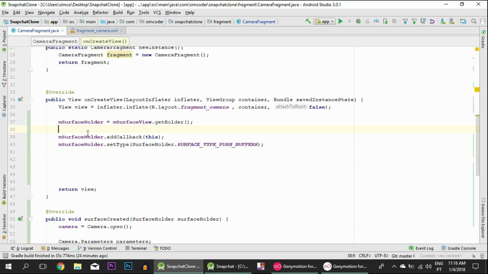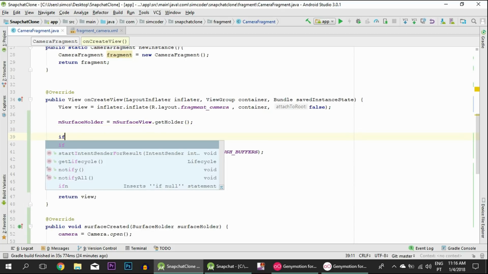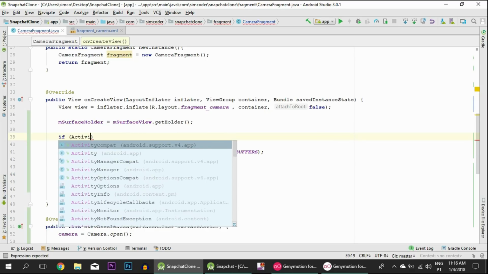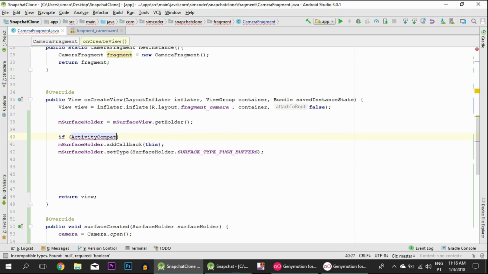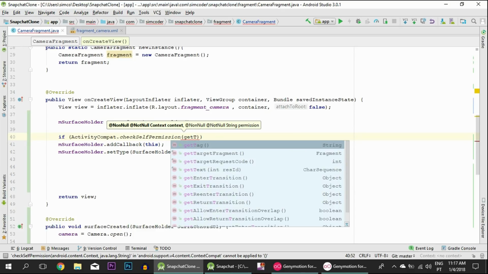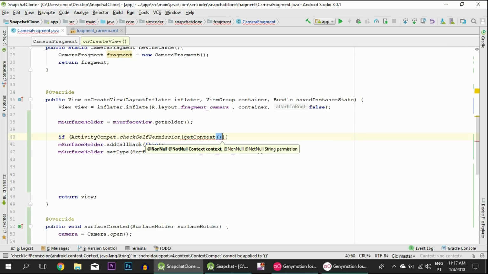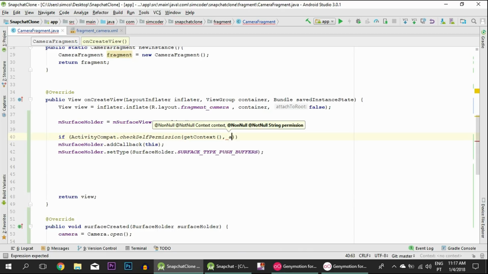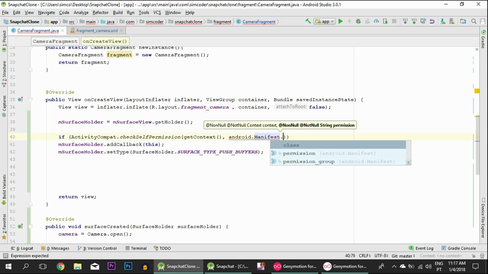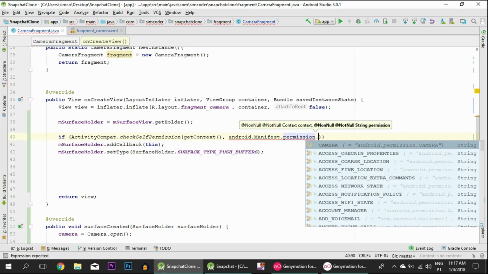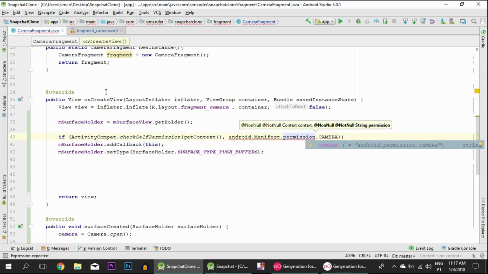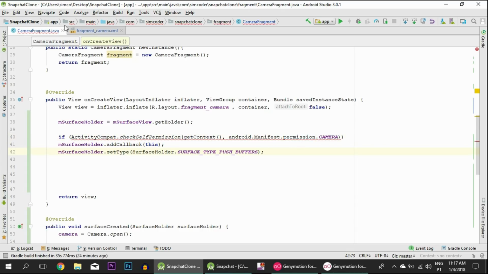Yeah, in this callback, simply say if activity compat dot check permission, get context, comma, Android dot manifest dot permission dot camera. And as you can see, it is just like the permission that we gave in our manifest file,